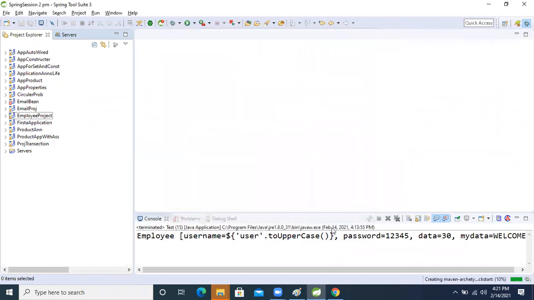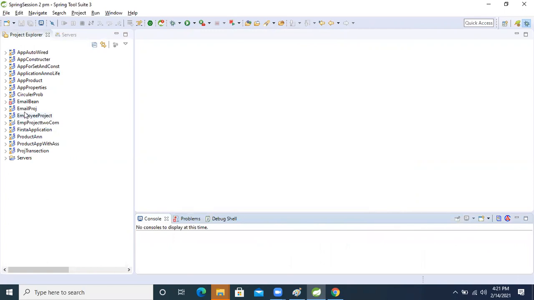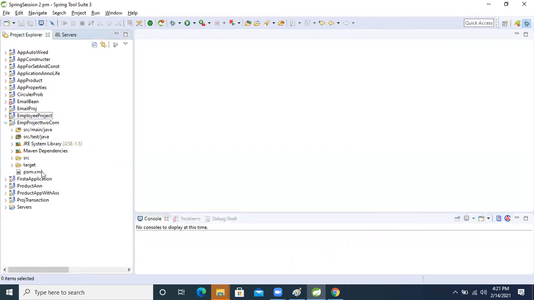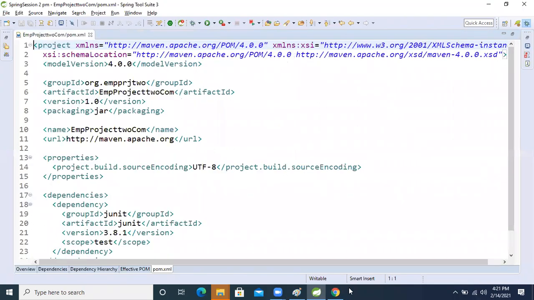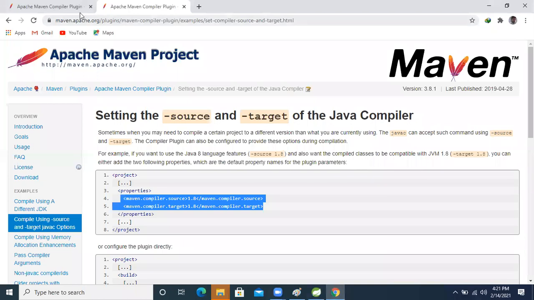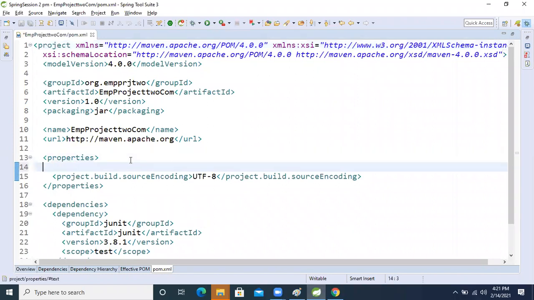Now finish it. Come here. Copy this tag, and paste it inside the properties.